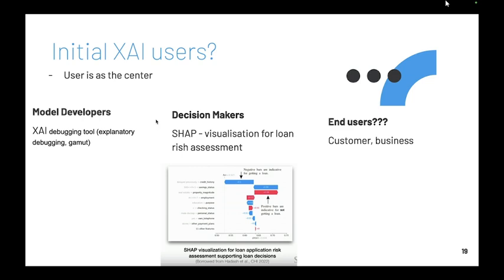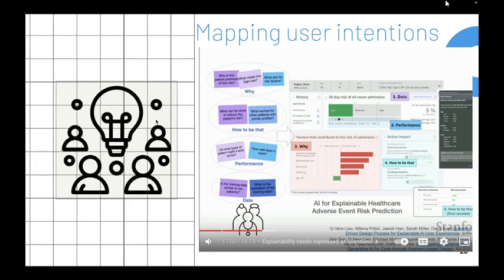And also for a business owner, why didn't I get this loan, or this particular risk on my loan assessment? So it's important for them as well. It's often a group neglected as well. So now that we've seen that the user is very important, one piece of research which is, I think,